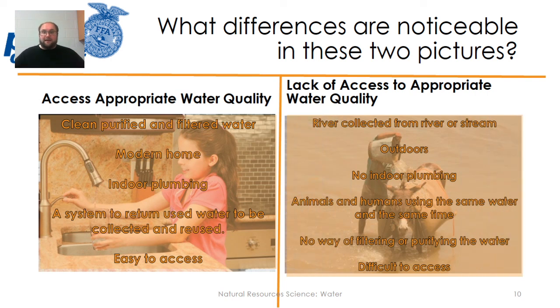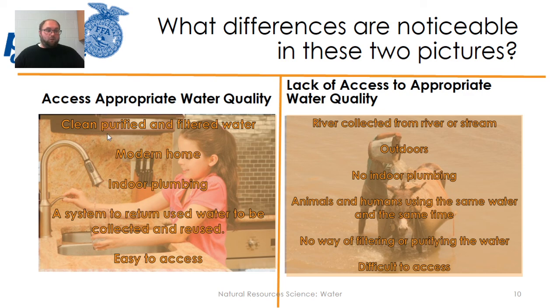And so we have to know that water quality impacts our quality of life. And we have to try to figure out what are the best ways to help increase quality of life, to get access to clean, filtered, purified water for individuals all over the world, to help improve plant and animal agriculture, as well as increasing the quality of life of human beings.